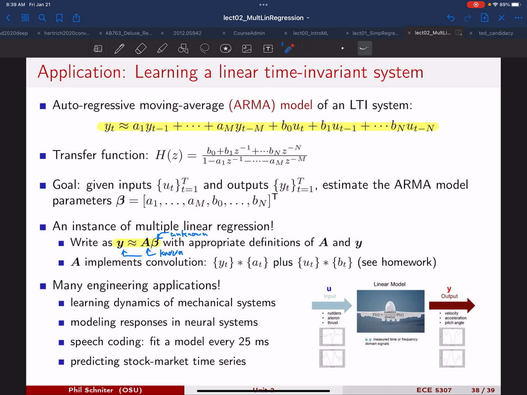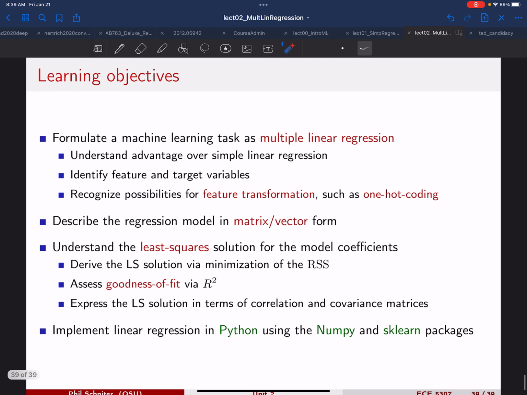Okay. All right, so that's it for this unit. Are there any other questions on linear regression? All right, so let me